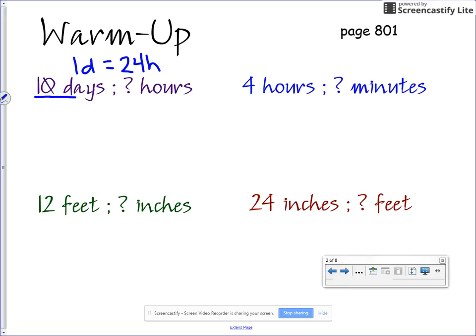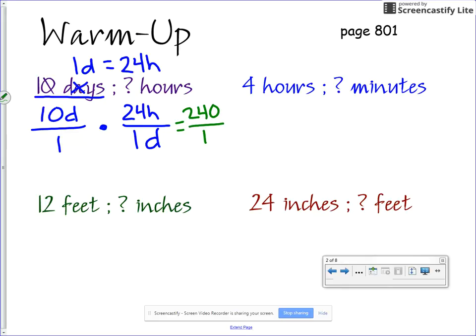We're going to take what they give us, those 10 days, and put that on top in a ratio. We're just going to toss that over 1. We're multiplying it by our converting factor. We want to get rid of days. Days is on the top here, so in our converting factor, it's going to be on the bottom with our 24 hours then on top. When we multiply straight across, we end up with